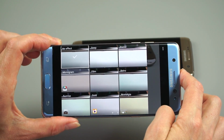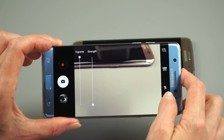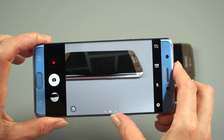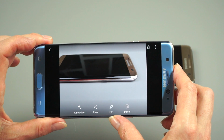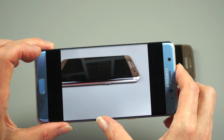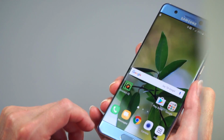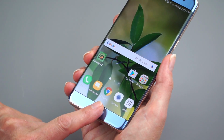And if you want those fancy effects that they've always offered, there they are, swipe to that side. So it's pretty easy to use. The camera is quick to shoot, and picture quality is respectable there too. That's nice and sharp looking, actually. Very good in low light since there's large pixel sensor sites. Great camera. The phone has a fingerprint scanner, which is not new for Samsung, and the home button is your